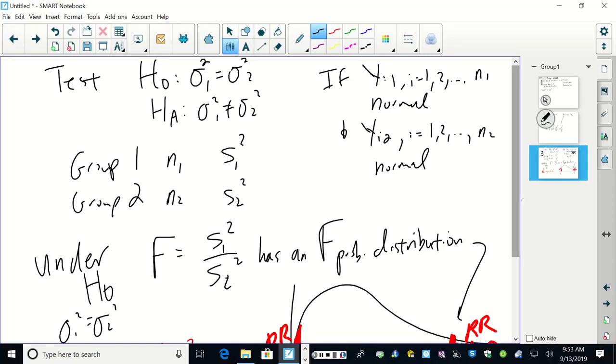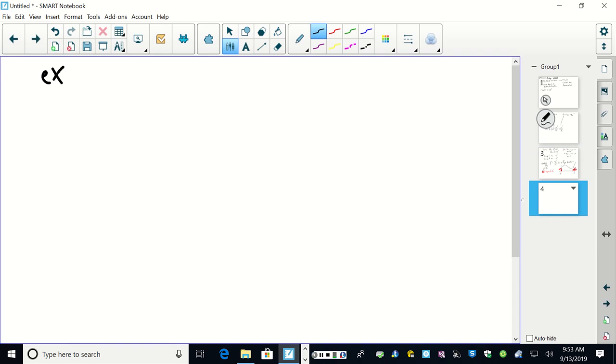So we're going to take the sample variances, and take the ratio. And under this assumption that the data were normal to begin with, we get a test. So for example,